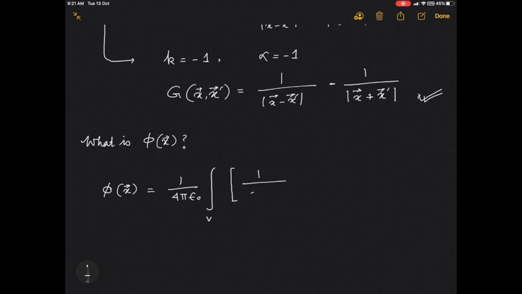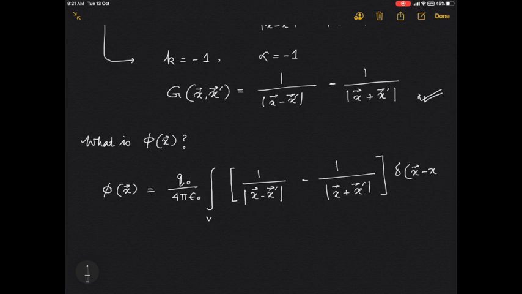First, there is a volume integral, and in the volume integral I will put this now as my G. My rho was q naught times delta of x minus x prime,